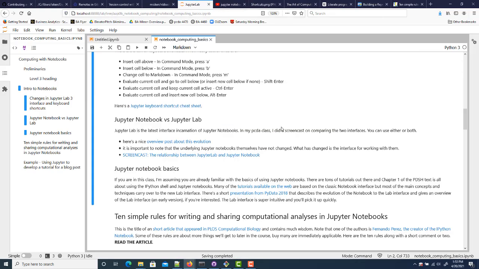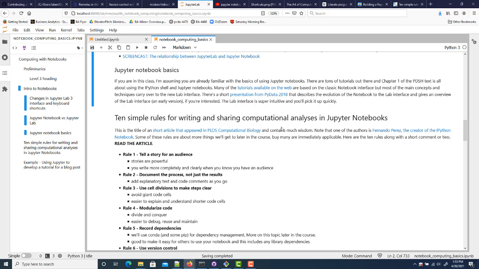A couple more things on the basics. Again, I'm assuming you're already familiar with the basics because you're in this class. There are lots of tutorials out there. Chapter 1 of the Python Data Science Handbook by Jake VanderPlas covers the IPython shell and Jupyter notebooks, and a lot of the techniques work both in the IPython console or shell as well as in